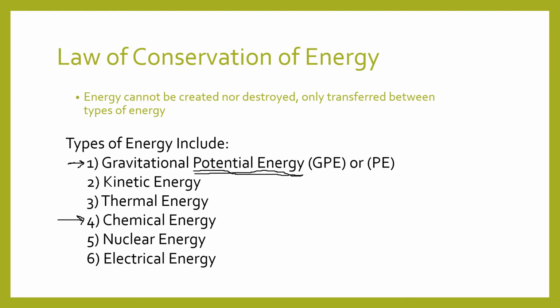But fat within your body is stored energy. It's potential energy, because if you aren't eating enough calories, your body can go ahead and digest some of the fat that it has and release that energy. That's potential energy. It's chemical. It's potential chemical energy. So all I'm trying to say is that there's various forms of potential energy. The most common form is gravitational potential energy. And the reason why when I say potential energy, I really just mean this one, gravitational potential energy, is because it's by far the most common.